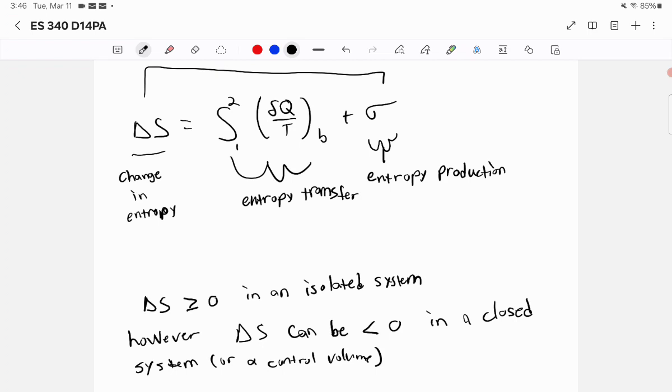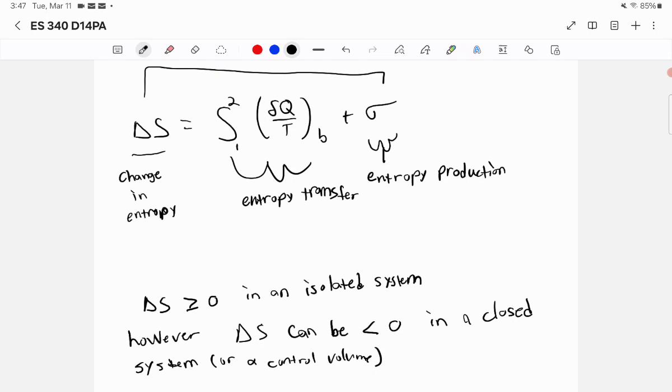But the basic idea in that case is that if I account for the surroundings as well, because we're not counting them as part of the system in a closed system, then the system plus the surroundings would have to have a positive change in entropy,